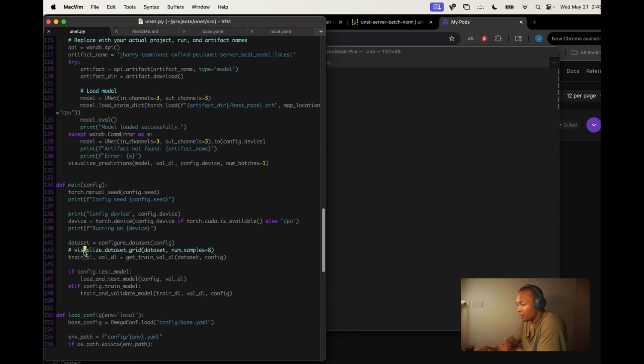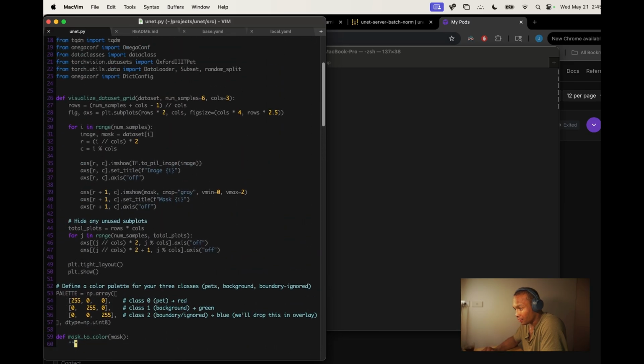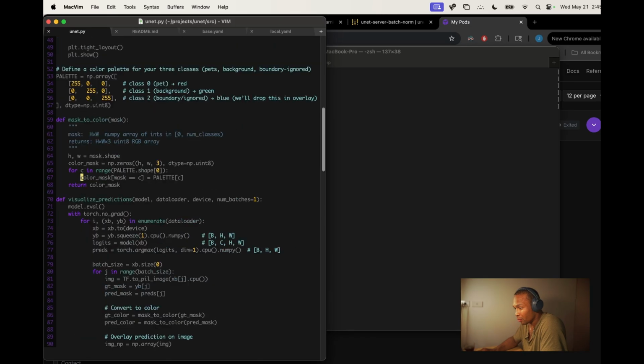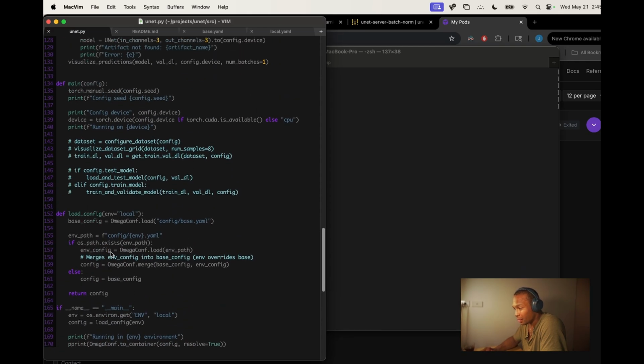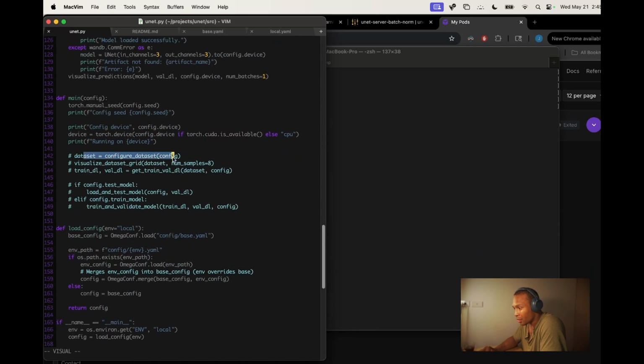Right, and then we'll run this at first. I need to implement all of these. So first I need to implement configure dataset. The rest of this code is just matplotlib code. I already brought in all the imports. So let's implement. Where am I? Oh, so configure the dataset,